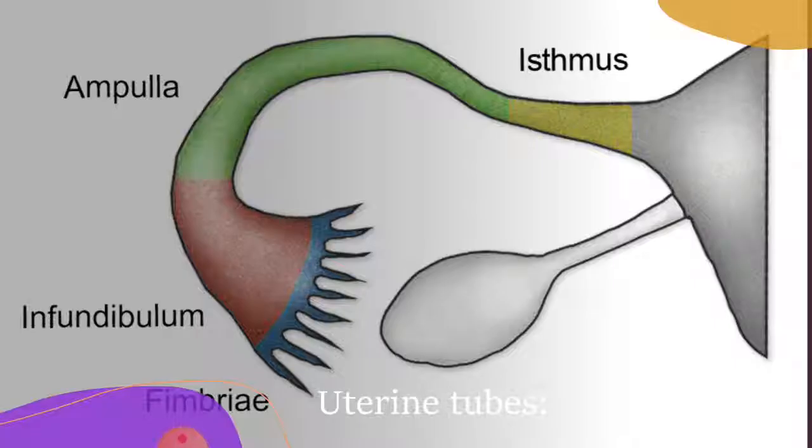And we have discussed this as well, that they lie in the upper free border of the broad ligament, and at their lateral ends they will penetrate the posterior wall to open into the peritoneal cavity. These are the ends of the uterine tubes, and you can see that here you can find the finger-like projections, and we call them the fimbria, and the longest one will be the ovarian fimbria.